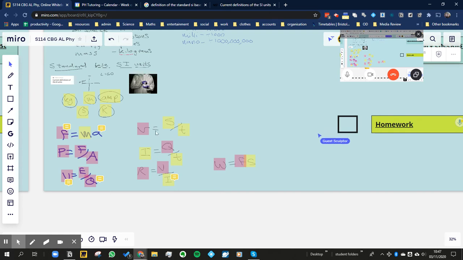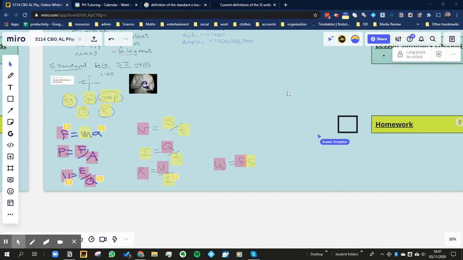Okay, so let's look at this one here for a start. Work, which basically is a measure of how much energy is used to do something useful. The standard example is you push a block a meter. Well, that would be the definition of 1 joule. Well, okay, so if you push a block